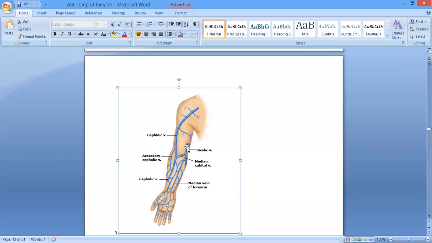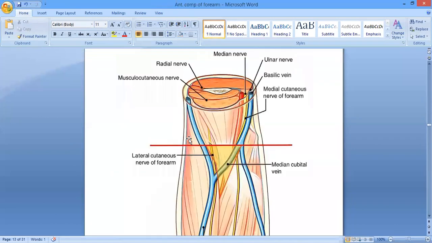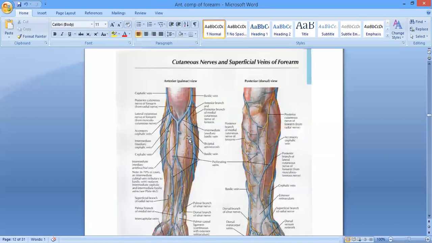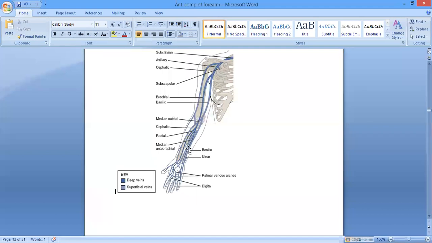and it's getting deeper, it will reach up to the level of the lower border of teres major muscle, and it is joined by the... हाँ जी पढ़ा था, कौन बताएगा? Is going to pierce the fascia over here, deep fascia, getting deeper, and when we reach it over here, near the lower border of the teres major muscle, it is joined by the vena comitantes of the brachial vein and going to form the axillary vein.